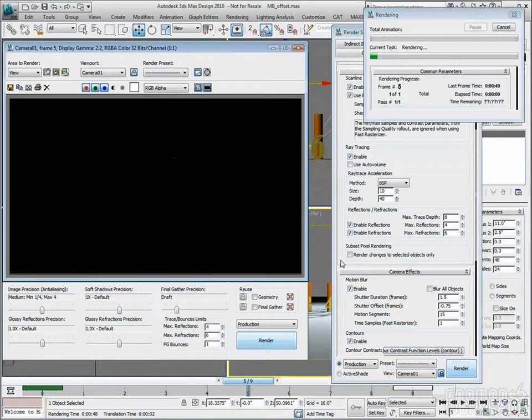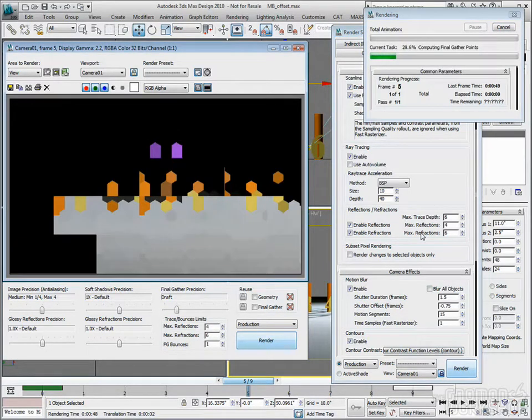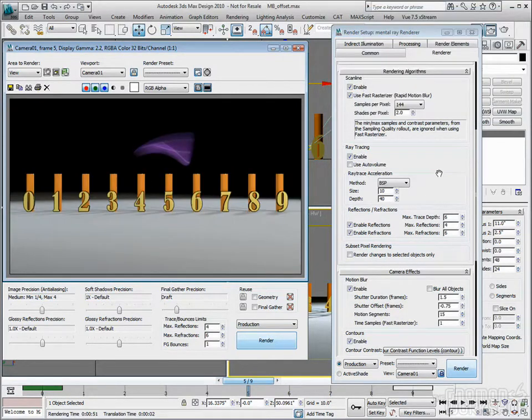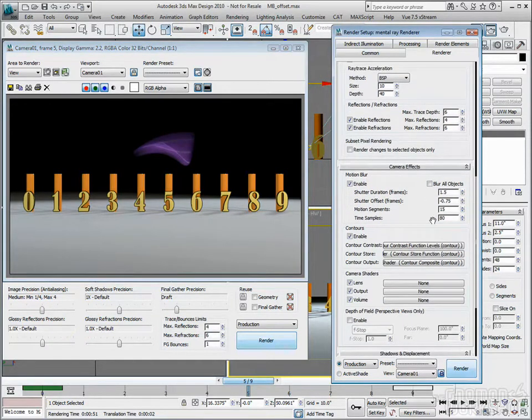This is a camera lens shader, and it will provide some motion blur in the scene. If I just give this a quick render with the default settings. Okay, so now you can see we have motion blur on this object again, and that's created by this motion blur camera shader. What I want to do is just render this again because I want to point out that